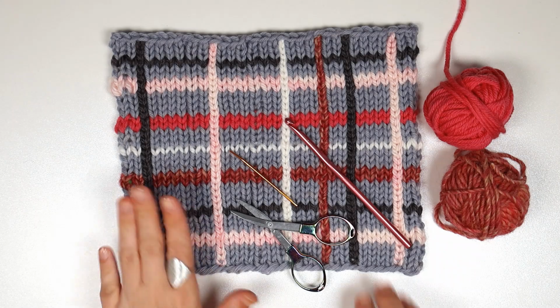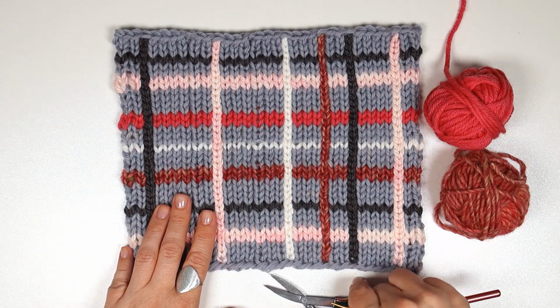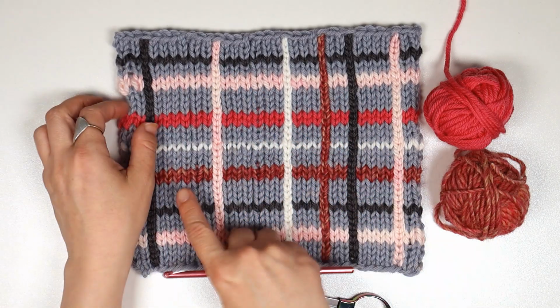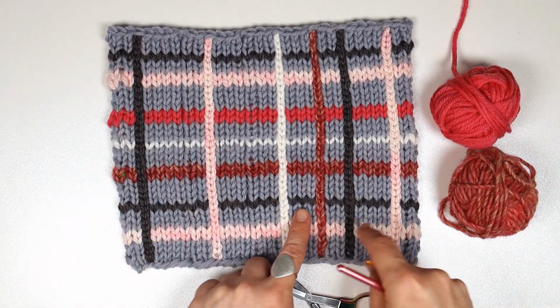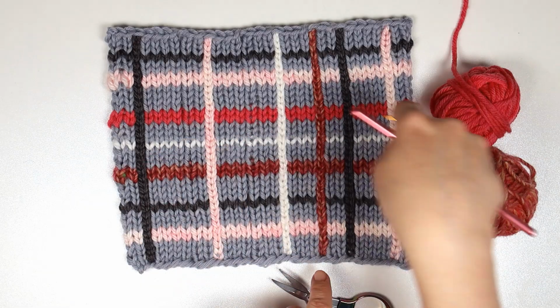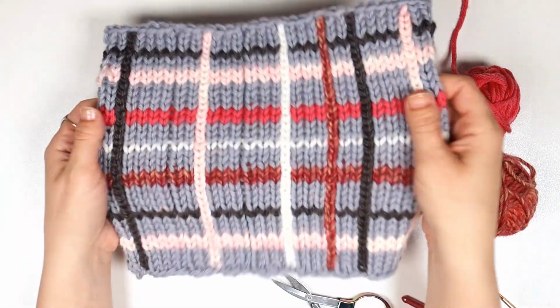Hello knitting friends. In this video I'm going to show you how you can make plaid on a striped fabric. What I have here is a fabric that I knit with horizontal stripes, and as I was making this fabric